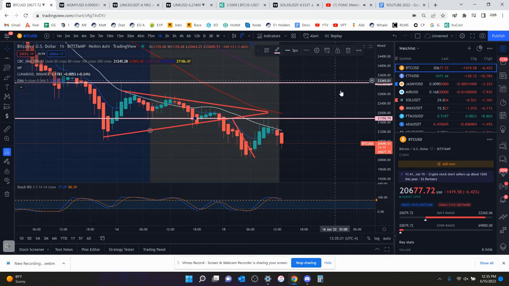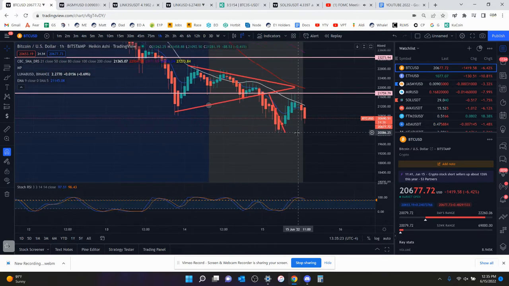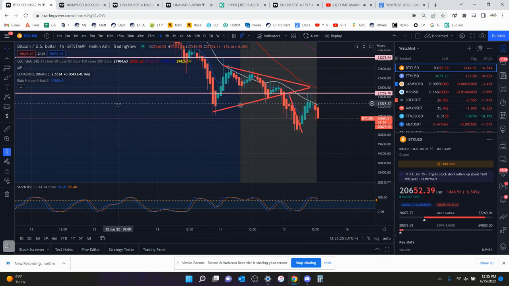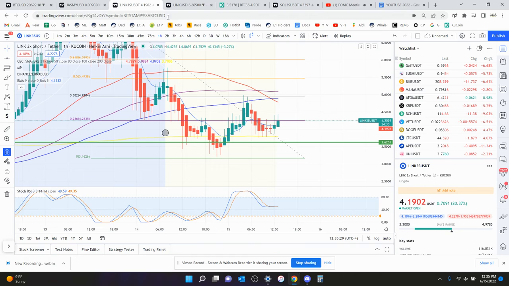If you guys have any other requests for coins, let me know and I will look at them. But short term, I'm bearish on Bitcoin. I'm currently in a Bitcoin short, a 3S coin on KuCoin. I shorted Link yesterday, made some money on that, maybe 13% gains, got stopped out at 13% gains. And now I'm in a Bitcoin short, which